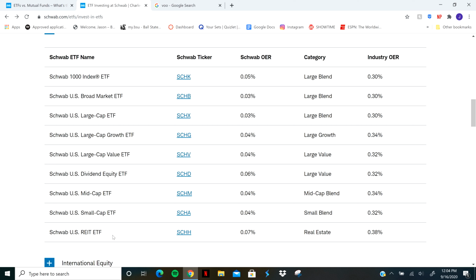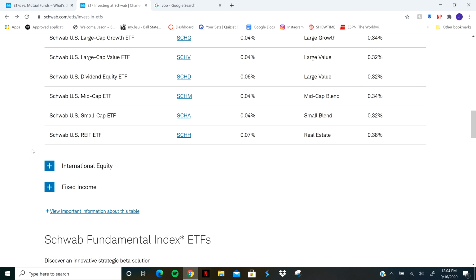I'm blanking on the other ratio, but don't get burnt on paying more than what you should be, or one that doesn't have a good track record. Really do your research on mutual funds, and obviously if ETFs call your name, go for it. But I think mutual funds are going to be a better investment when you look at a retirement account.